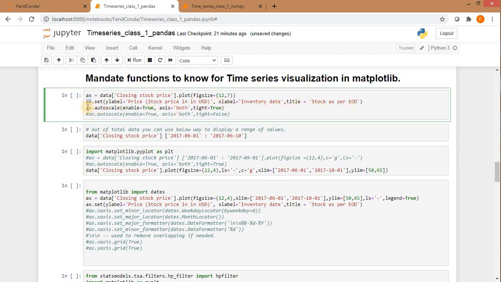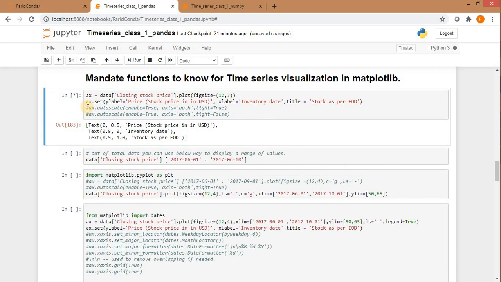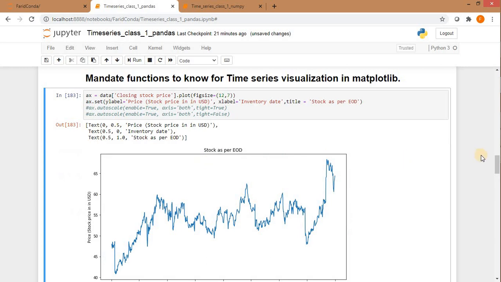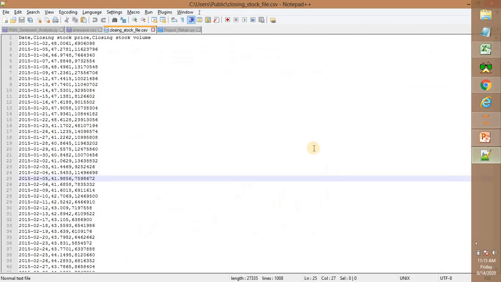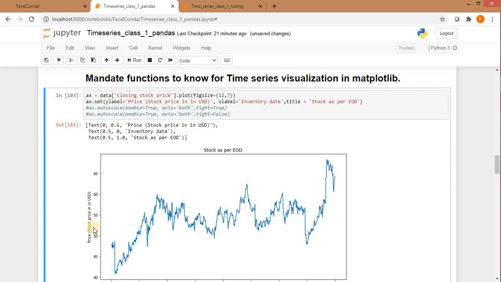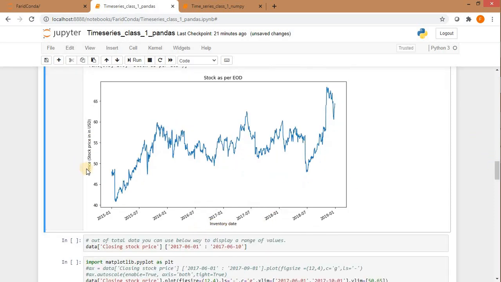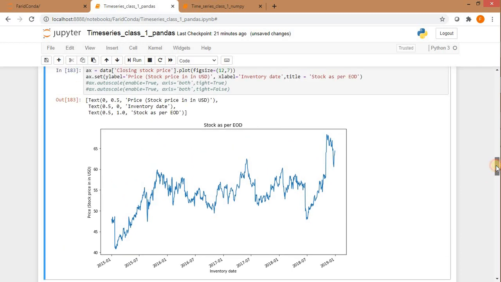First we will see this labeling. Now you are seeing the title, y label and x label. This is inventory date, this is stock price in dollars, and the title of this particular graph.